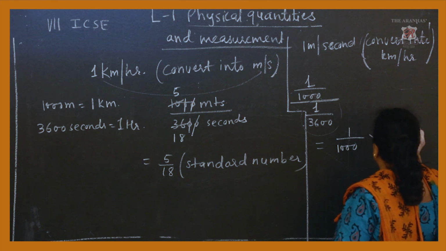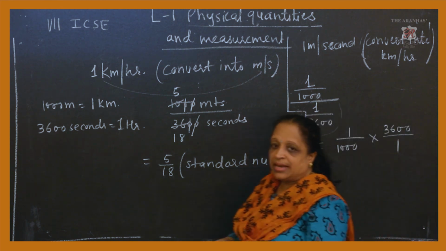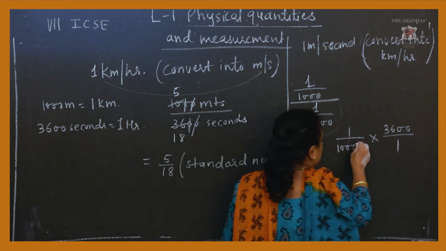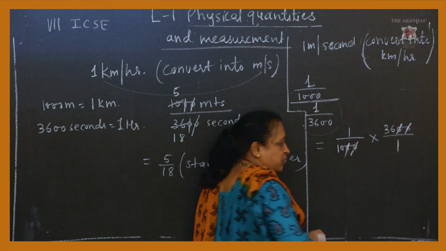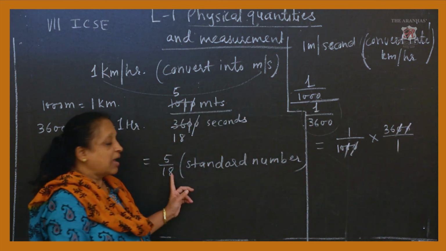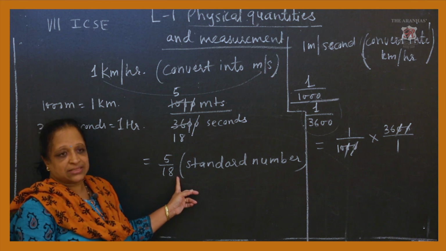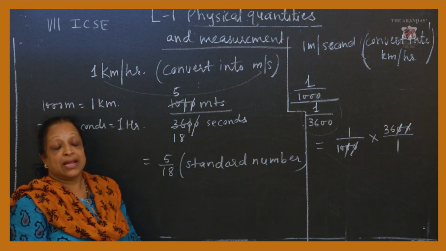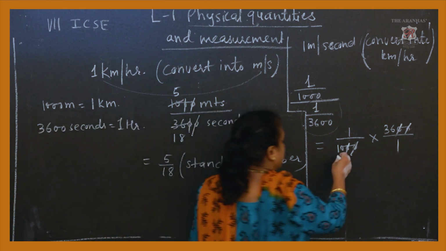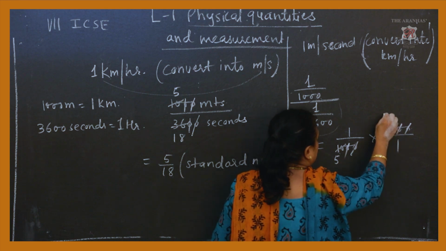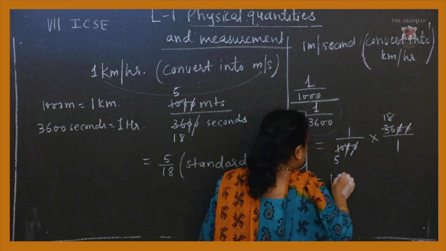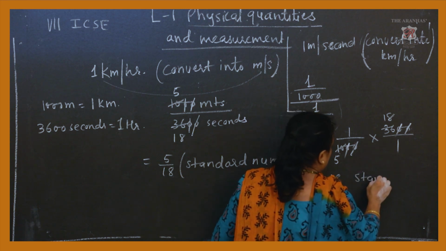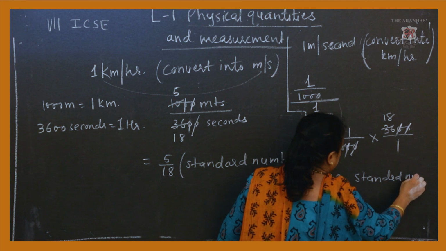So now what we will do, this 1 upon 1000 will be getting the reciprocal, so 3600 upon 1. Wherever it is possible, you cancel the terms and then you have 0, 0, 0, 0. You will find that the answer is exactly the reciprocal of the earlier term. So here you will be getting the answer 18 by 5. Here you have 2 5s are 10, 2 1s are 2, 2 8s are 16, that is 18 by 5, which is a standard number.